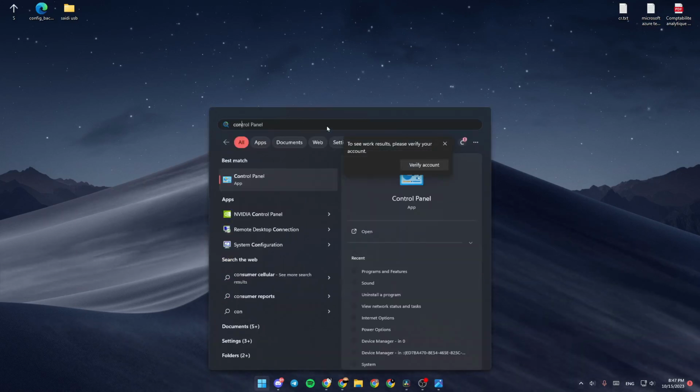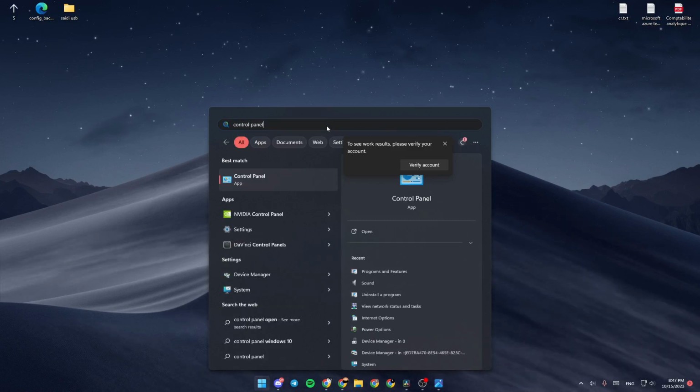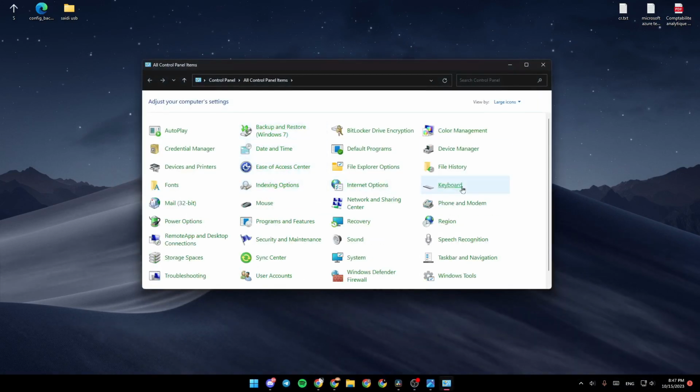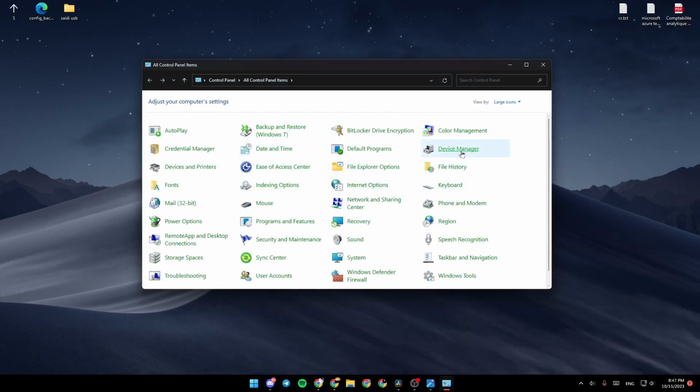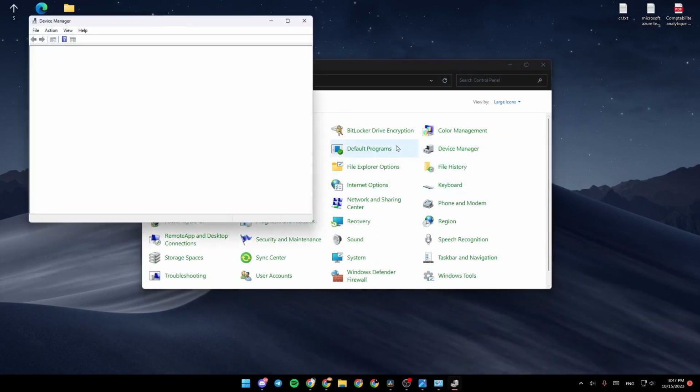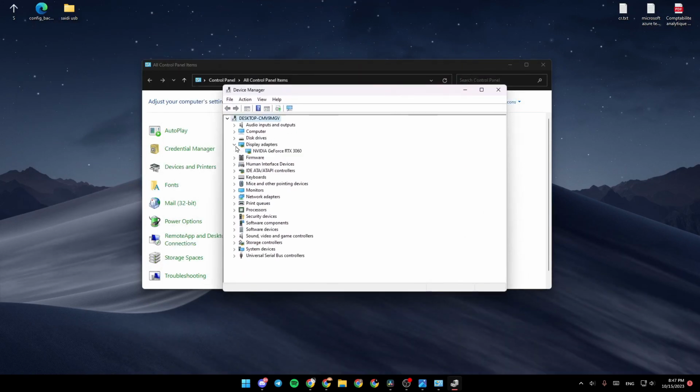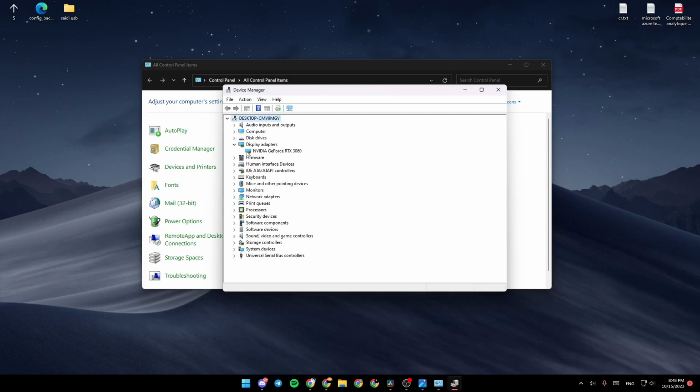for control panel. Once you search for control panel, go ahead and click on it. And then once you're here, search for device manager and then click on it. Once you're here in the device manager, go to display adapters and then you're going to see your graphic card